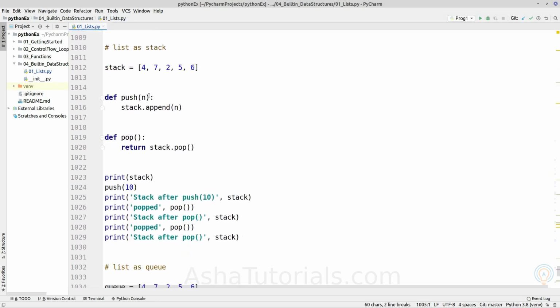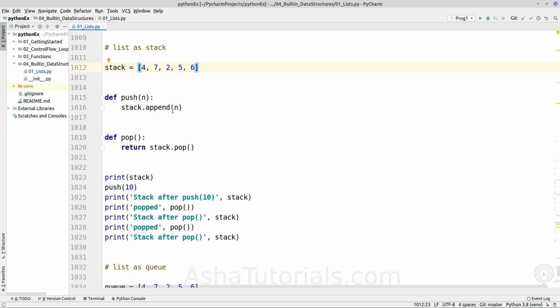The next topic is using a list as a stack. A stack has two operations, push and pop. We will simulate them using the list methods append and pop. So this is the existing stack. We add at one end, and from that same end we remove the object.